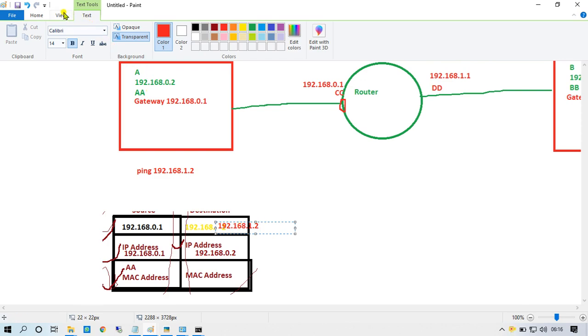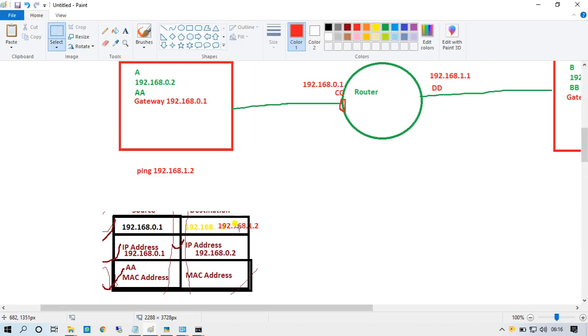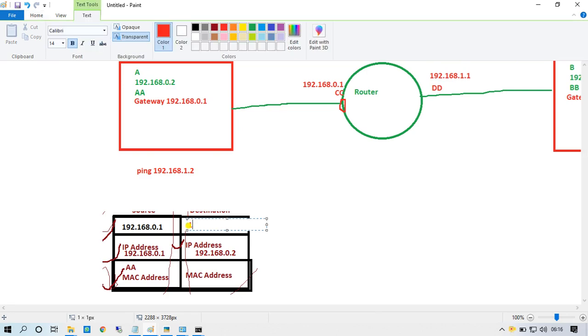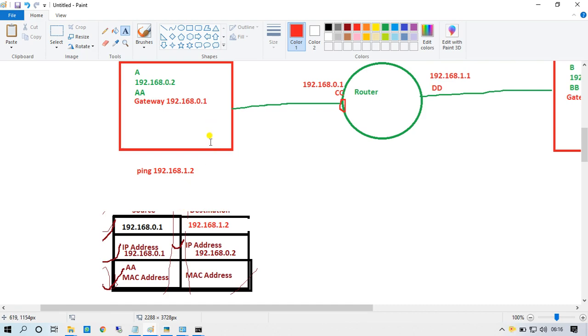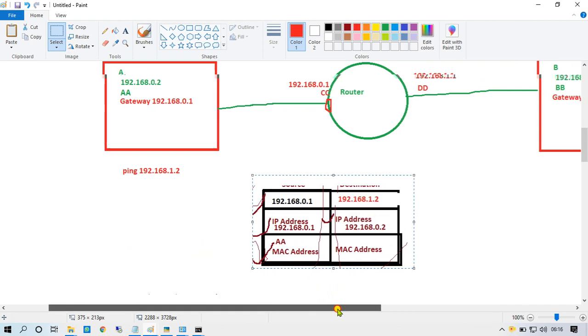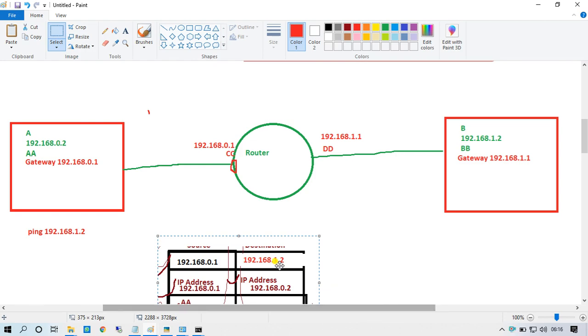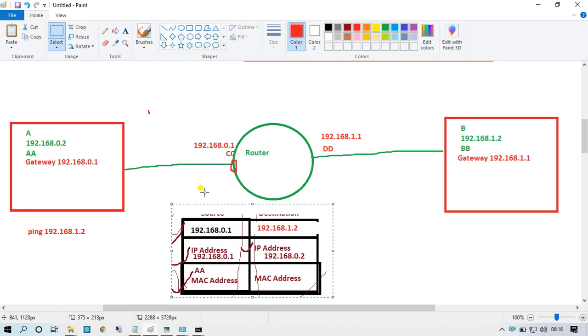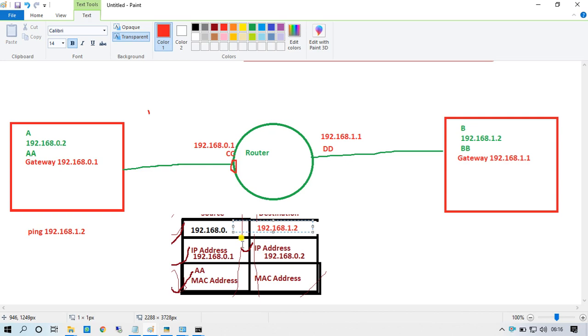Let me go to home, and delete this. Okay, no issue. Now what network packet has been generated, and what is the source? My source is 192.168.0.2. And what is the next IP at the next level?